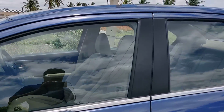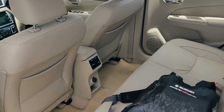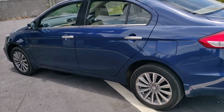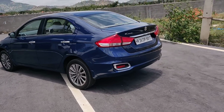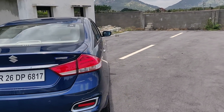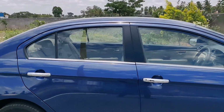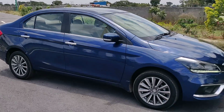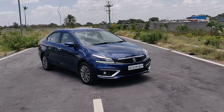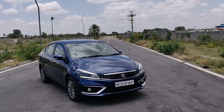Now the Ciaz has been launched at 8.19 lakh, and for the top of the line manual version, it goes to, I think, till 9.97 lakh rupees, and for the automatic it starts from about 9.8 lakh rupees and goes till 10.97 lakh rupees. I'm not sure about that, but it ranges between 8.2 and 10.97 lakh rupees, including all the